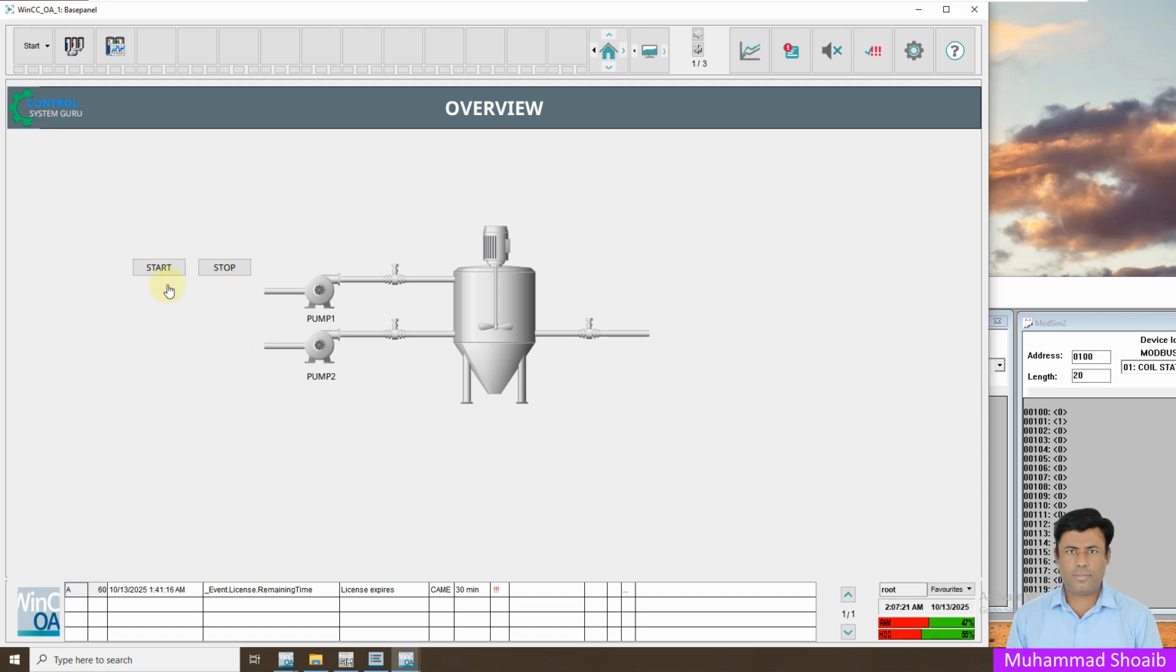For example, if I press this button, it writes value 1 into my motor run tag, and accordingly here you can see a bit true in my controller, RTU or the PLC controller. When